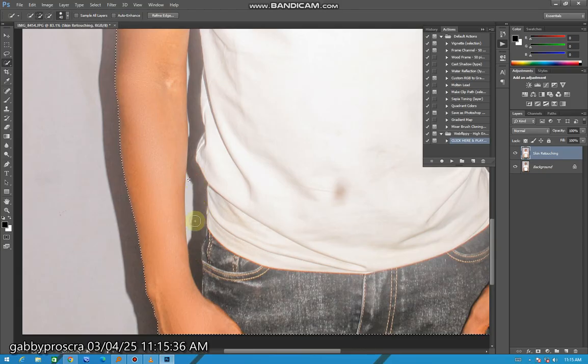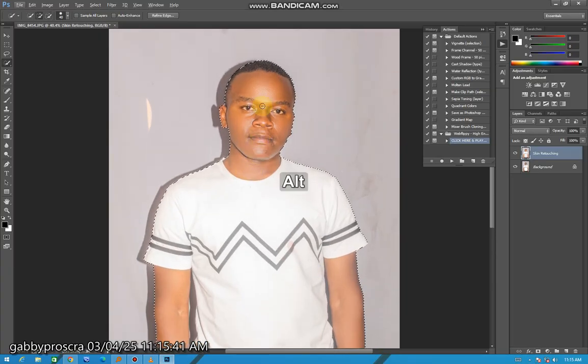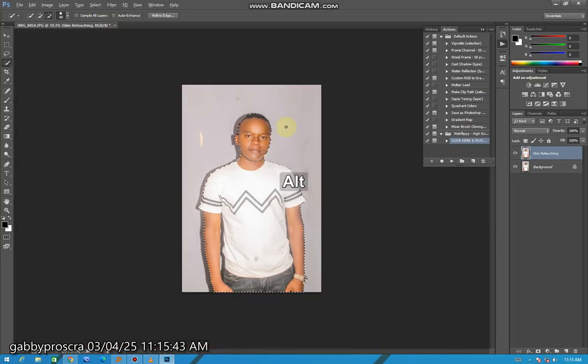You can leave the other parts here and cut them later. So let's first worry about erasing the main background. After you select your photo,